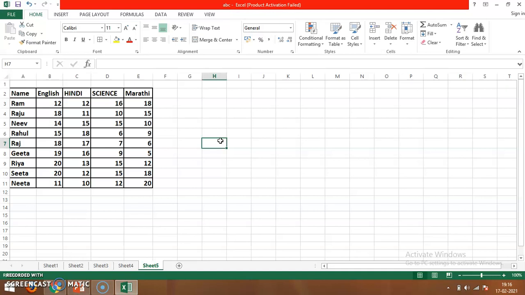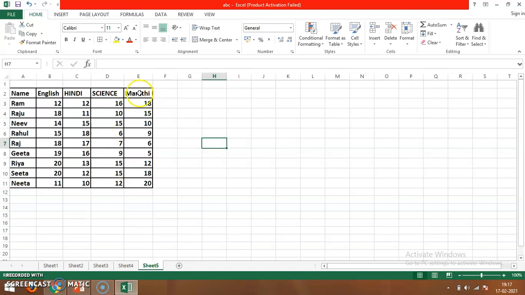Now we want to, the second one is partial modification. Now what is partial modification? Sometimes you may only want to change a few characters in the cell. I don't want to change the whole cell or the whole content. I just want to make a few changes, only one or two changes.